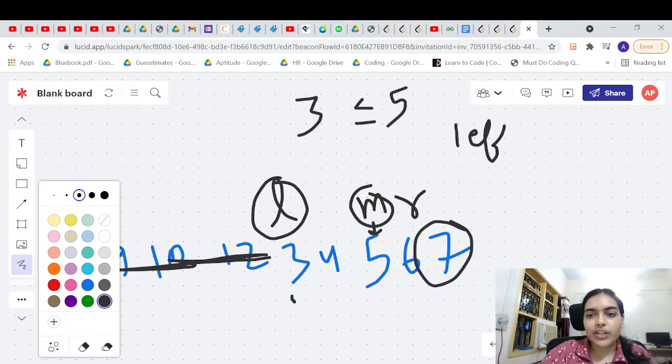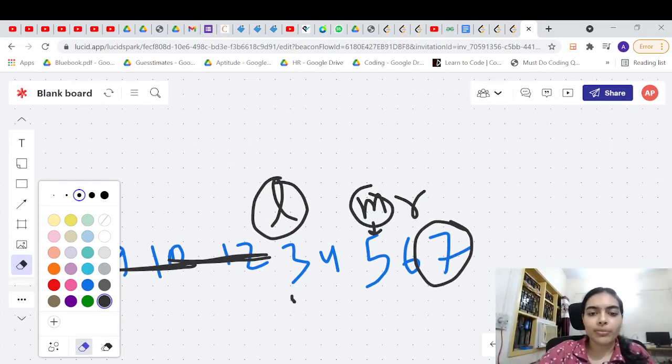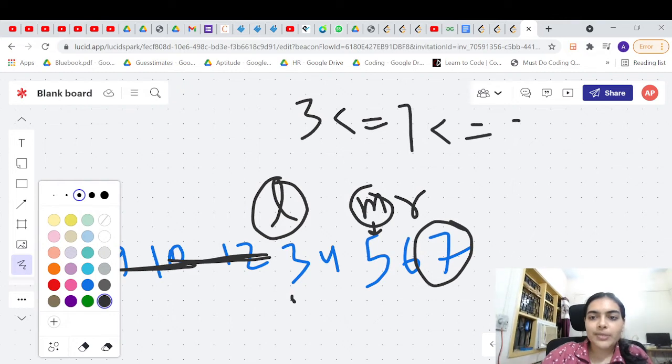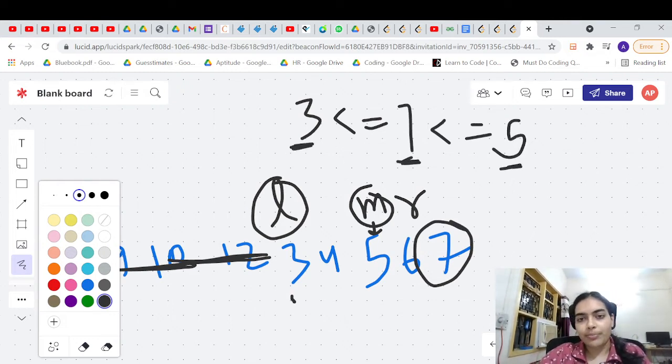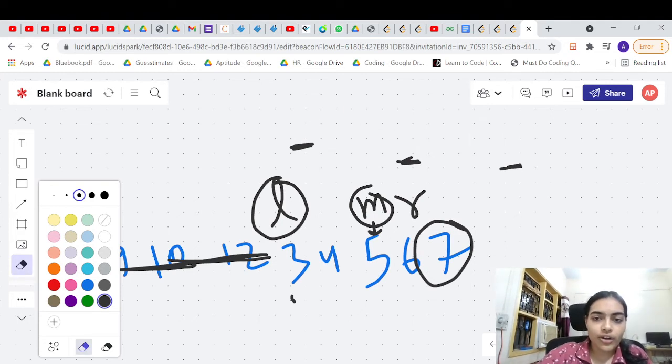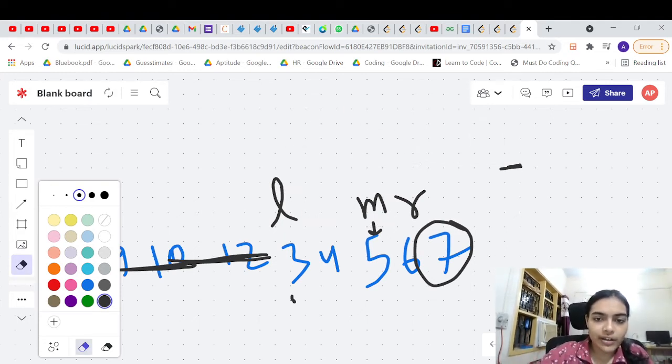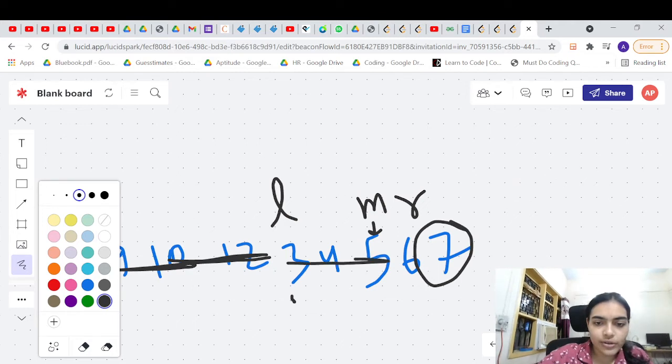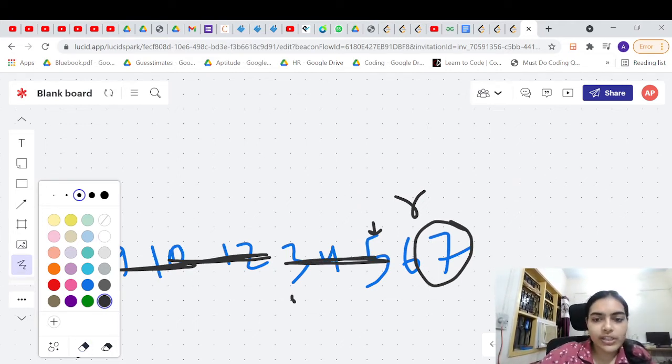So this appears to be left sorted, right? It is sorted from the left side. So what you will do, you will compare if your element is satisfying this particular condition or not. Left, mid, and if your element is between the ranges. It is not, right? So you can simply eliminate this particular bracket. Once you have eliminated this particular bracket, you will just move forward.